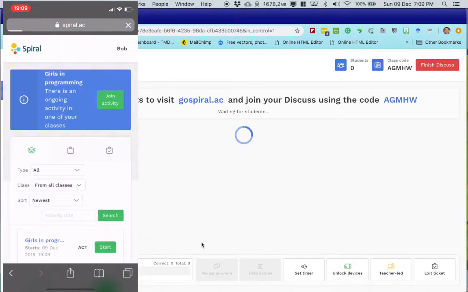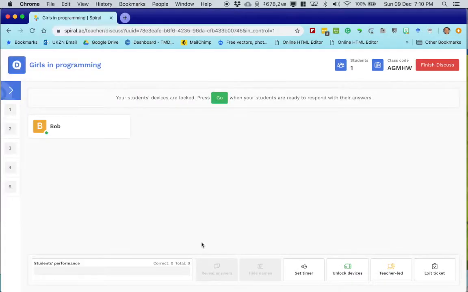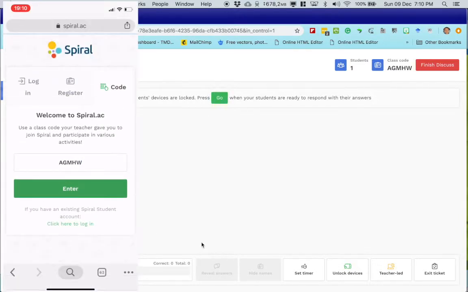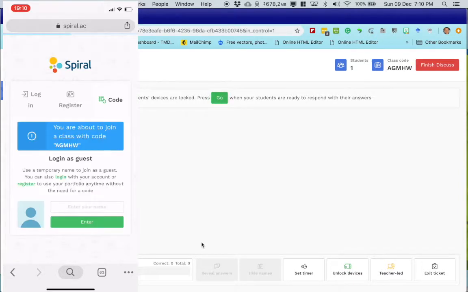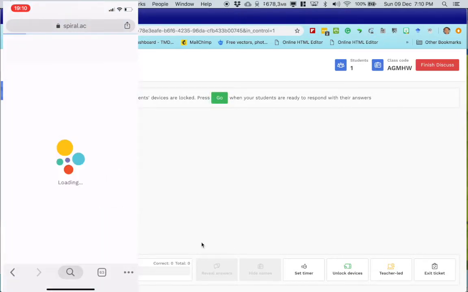Now, if they're just joining as guests, the nice thing is they can use any name. The benefit of that is obviously it gives them a little bit of anonymity, so they can use names that might not be too scary or threatening to them and keep their identity private. So as each of the students enters their details, enters the code simply on their device, and this works very well on any device, particularly on little smartphones. It works absolutely perfectly. They can enter their names and their names will appear on the screen as all of the students come into the room.